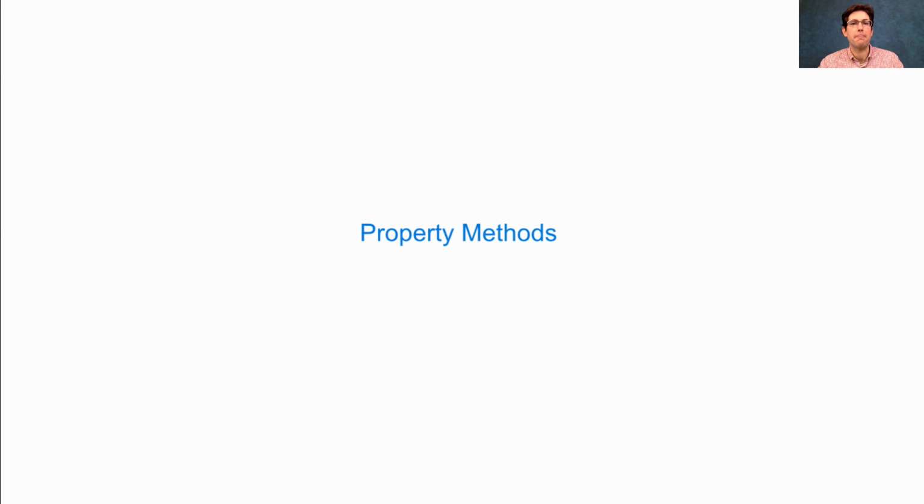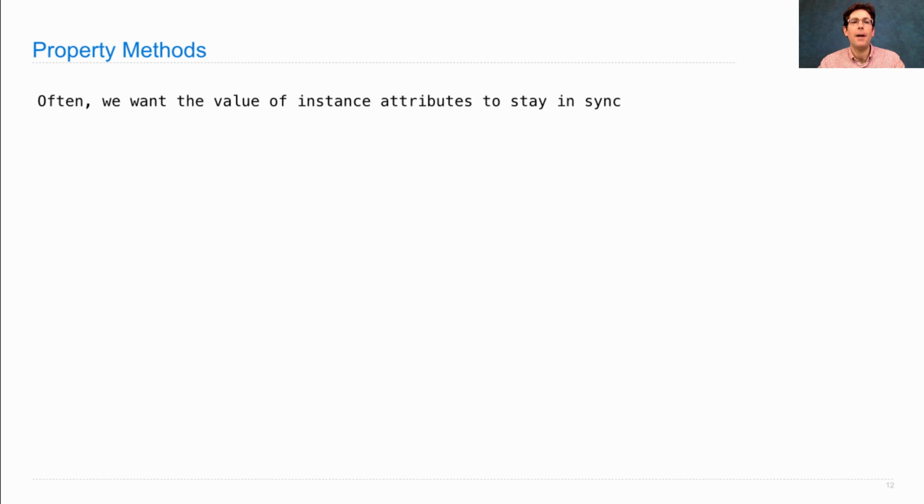Property methods are a special kind of method. Often we want to have the value of instance attributes stay in sync, and property methods allow us to do that. So what do I mean by stay in sync? Well, let's say that we define a class for rational numbers, where I pass in the numerator and the denominator,